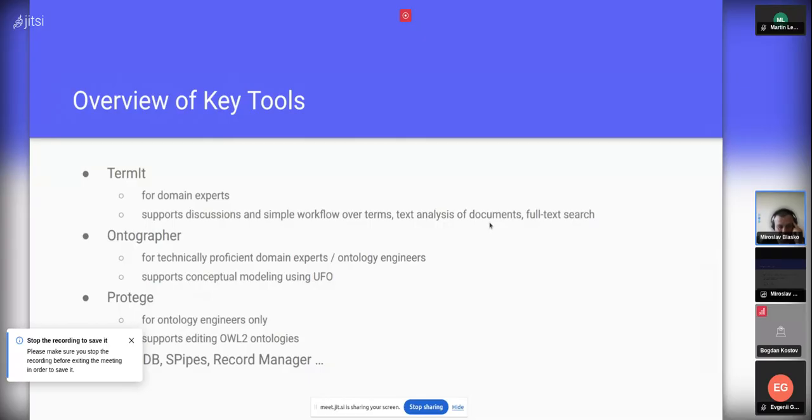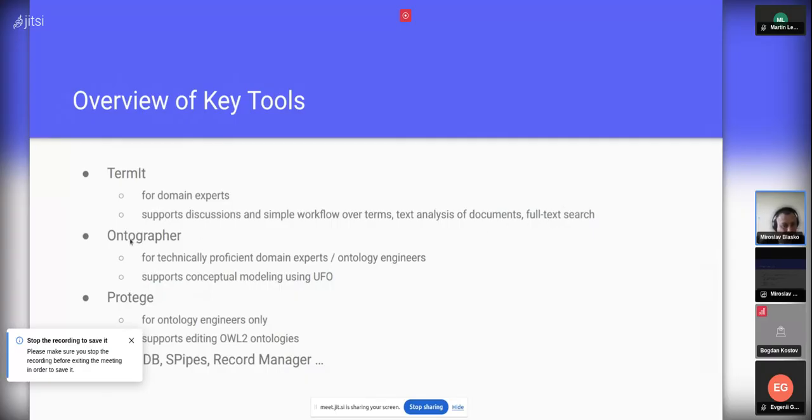It allows us to annotate existing documents, and while annotating, we can look at the document and define terms, searching definitions from those documents and so on. On the other hand, we can annotate existing documents with terms defined in our vocabularies. Also, it provides full text search over terms and